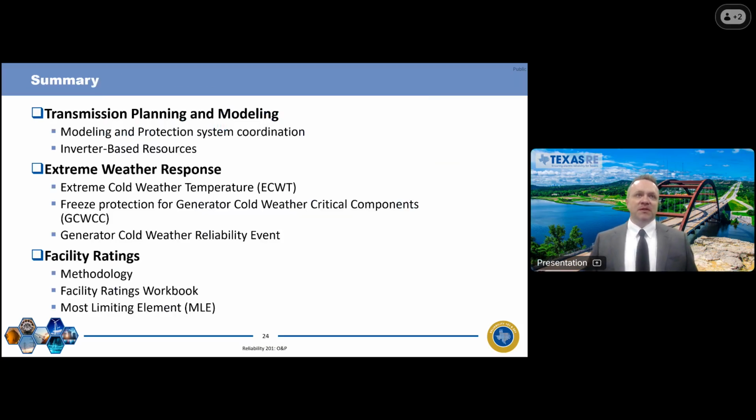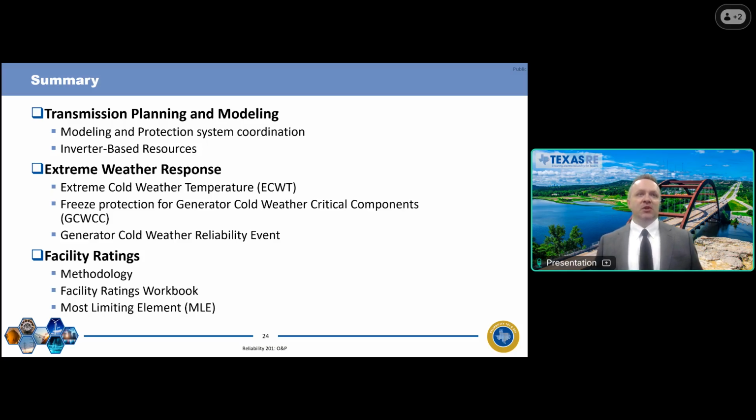So I'm going to wrap it up here with a summary. As we stated, the NERC CMEP IP, the Compliance Monitoring and Enforcement Program implementation plan, identified several areas of risk for the Compliance Enforcement Authority to focus on, including transmission planning and modeling, specifically modeling and protection systems, and inverter-based resources are a focus through each one of these risk elements as well. And extreme weather response,